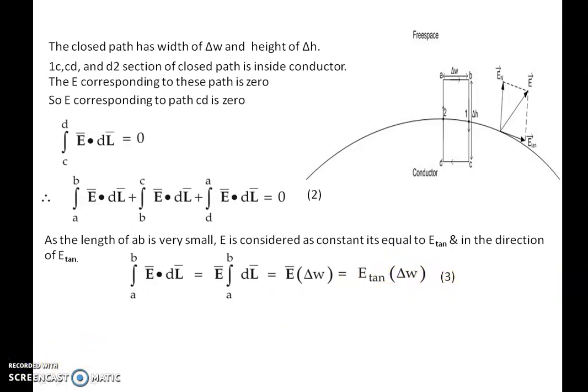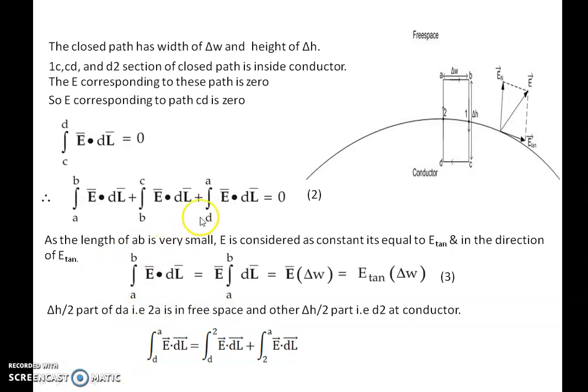So we got the first term, that is A to B. Now we will find the terms corresponding to B to C and D to A. If you observe both these paths, B to C and D to A, half of the path is in the conductor and half is in free space. If you consider path B to C, the path from B to 1 is in free space and 1 to C is in the conductor. The field inside the conductor is 0, but the path is split into two parts. Delta H by 2 is in free space and delta H by 2 is in the conductor. So this equation can be written as,